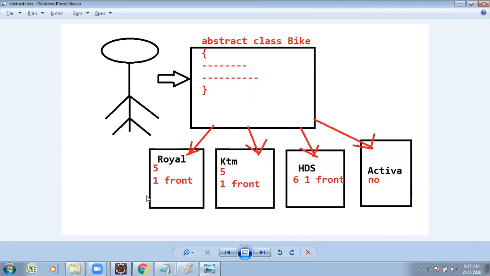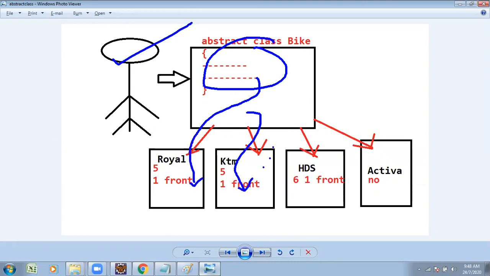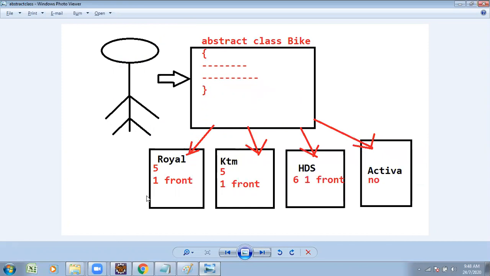Now the logic. Step 1 part is presented. An abstract class contains zero or more abstract methods. Whatever the abstract methods are, they are presented under the subclass. Here the logics are different. That's why we hide over there and present under the subclass. Now we wanted to execute. Step 1 this is, step 2 this is, step 2 and step 3 logic we wanted to do. Step 3 started execution and access this one.